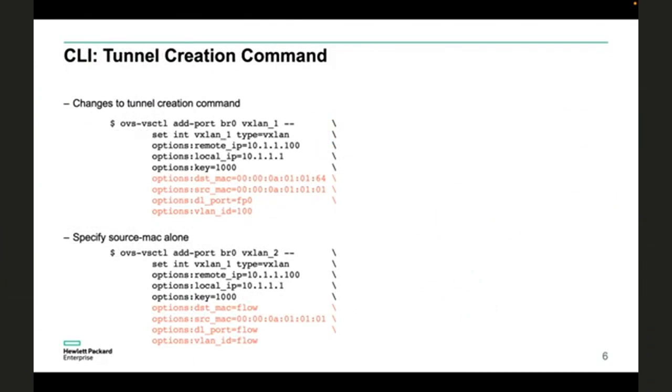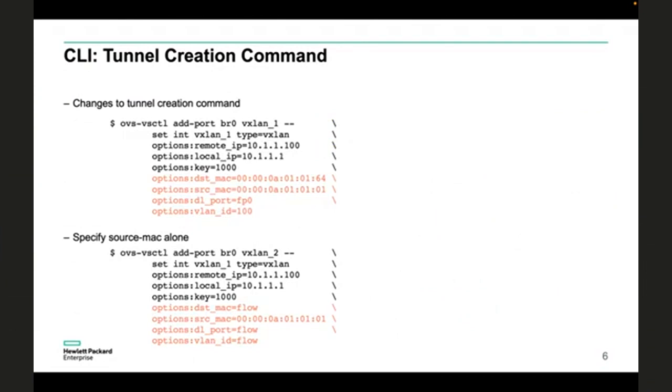So the proposed extensions would reflect in the tunnel creation command as shown here. The text in the orange is the new options being added. The command should be looking familiar. Here the user is trying to create a VxLAN tunnel whose name is VxLAN1 by specifying local IP, remote IP, tunnel ID. And syntax for adding L2 fields will look like this: destination, DST MAC, source MAC, and DL port